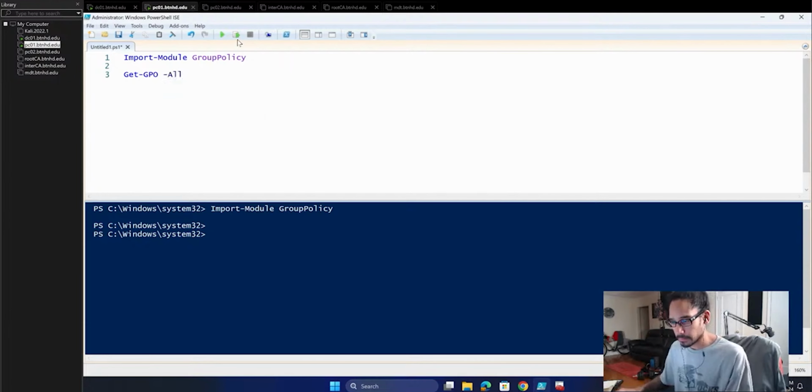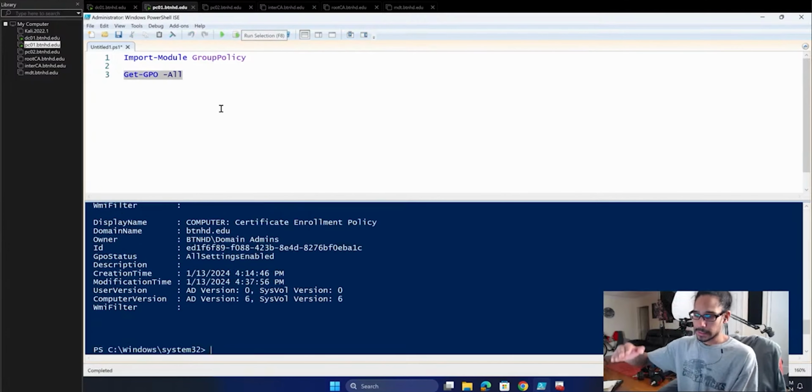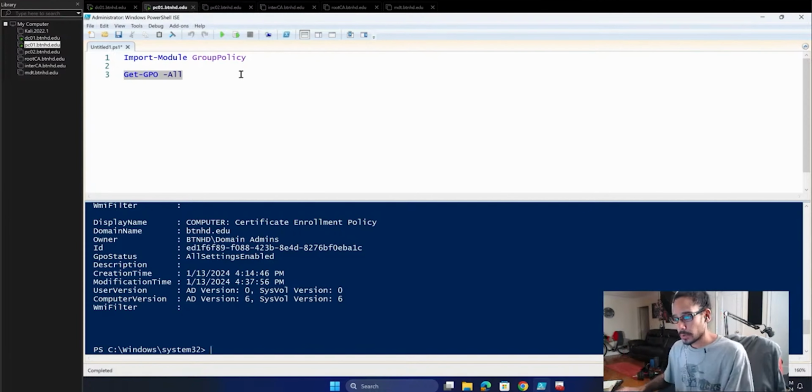Now, if we run this by itself, it's going to give you all this. So imagine 100+ of these, like going, right? This is a lot. So we need to filter it down a little bit. So I'm going to give it a pipe, Sort-Object, do an autocomplete because it makes life easy. And I am going to actually use DisplayName. So this right here, that's the display name. This is why I'm using this variable DisplayName. It has to be the same way that you see it right here when you do a -All.